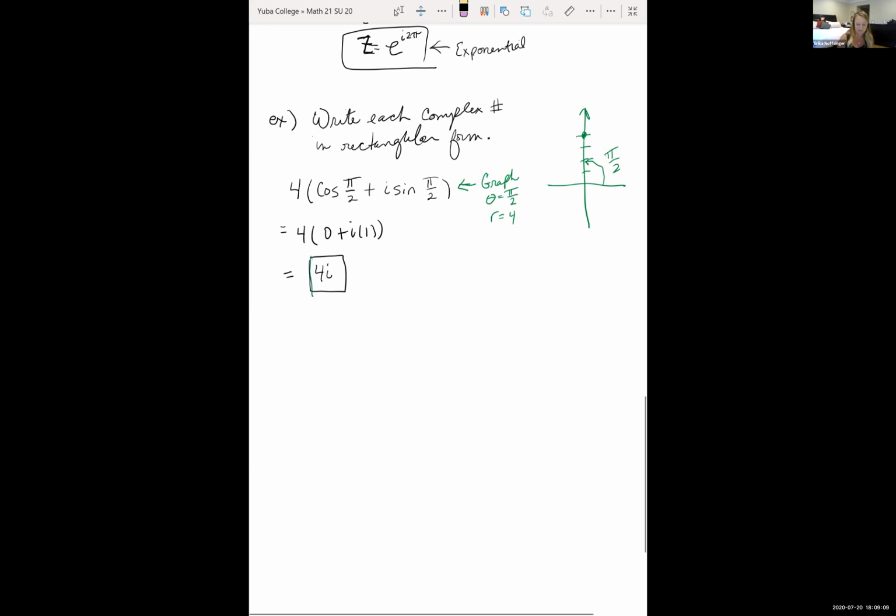Notice if I graph 4i, rectangular, my real part is 0, my imaginary part is 4. I would just go up, same thing. Just kind of tying it back together. So let's say now it says, do the same thing, but this time your equation is